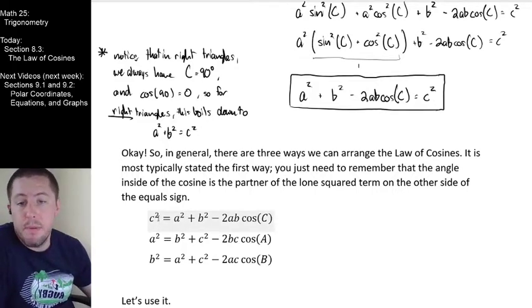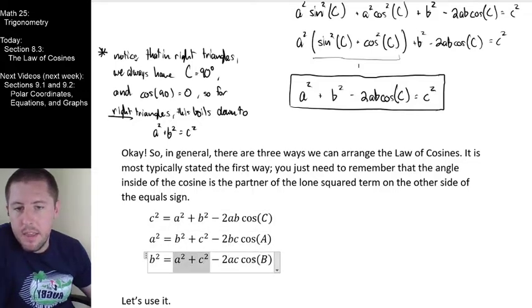The things that you need to remember are this. One, you're going to get all three of your side lengths individually squared. We got c squared, we got a squared, we got b squared, and they're all positive. The term that you have that's additional is always going to be a negative. It's always going to be subtracting 2 times the 2 side lengths that are on the same side as the equal sign. So notice b and c are there, b and c are there, a and c are there, a